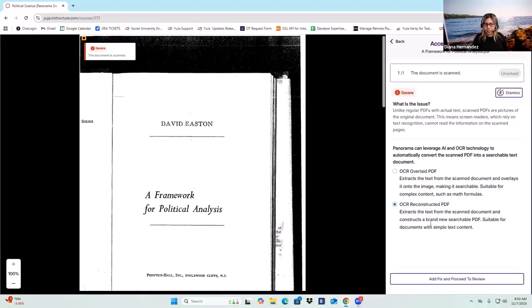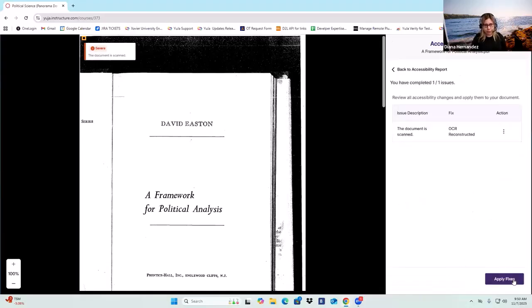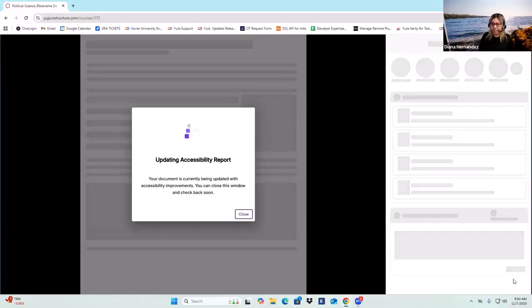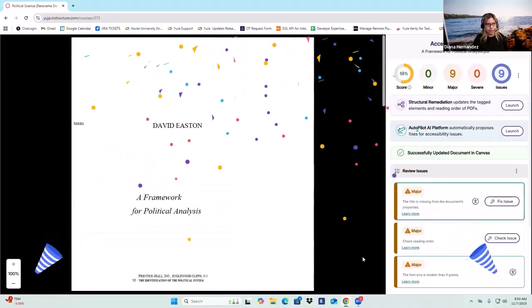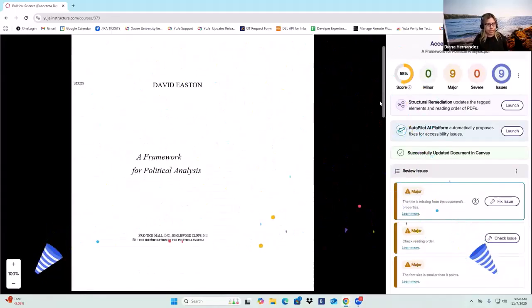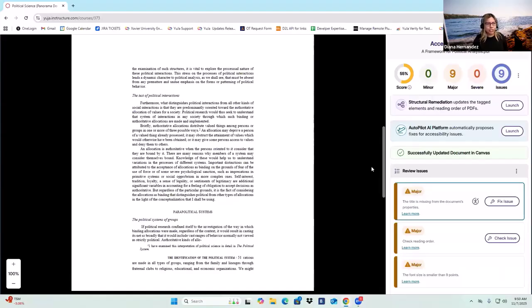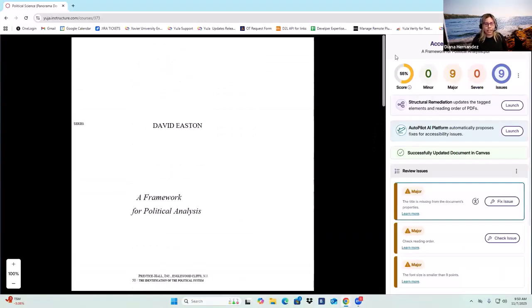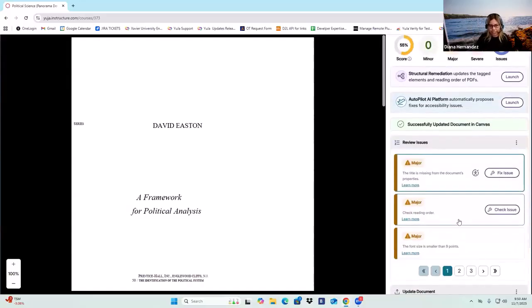Okay. So once you select to use one of those alternative formats and review, and we apply the fixes, what Panorama is going to do is replace the original file with this new format. You can see here it's a brand new PDF. And then it's just going to flag if there's any other issues such as missing a title, maybe checking the reading order.